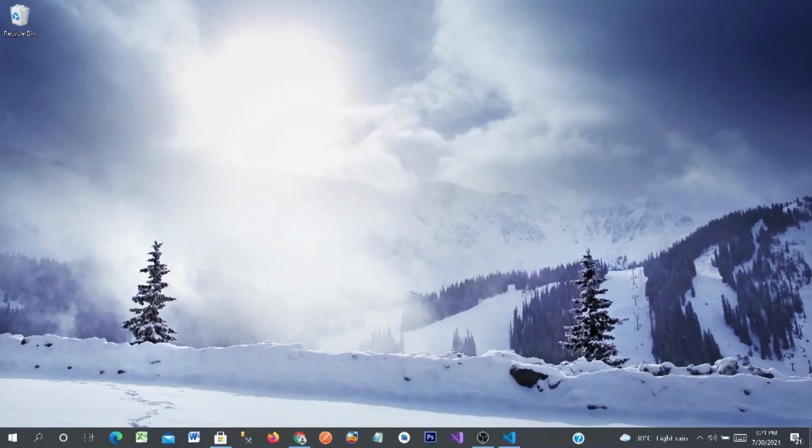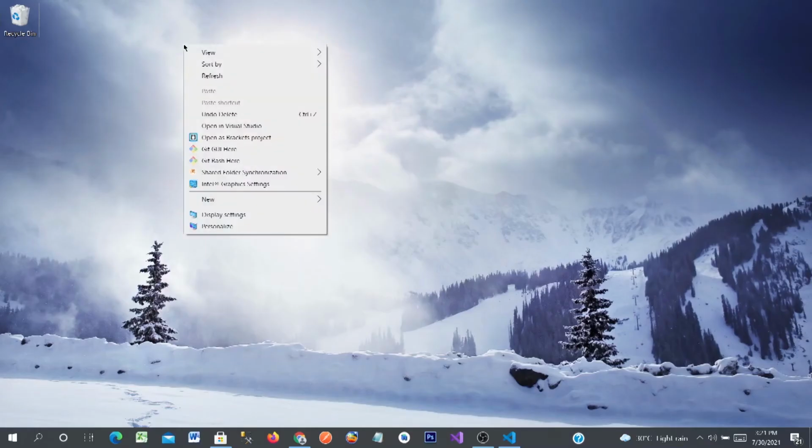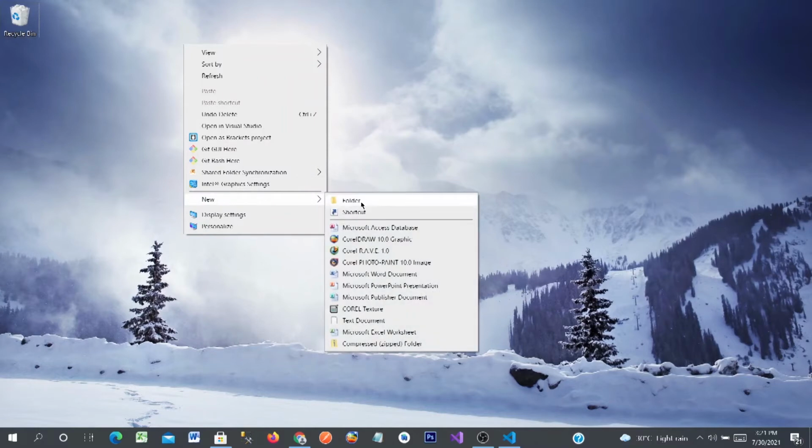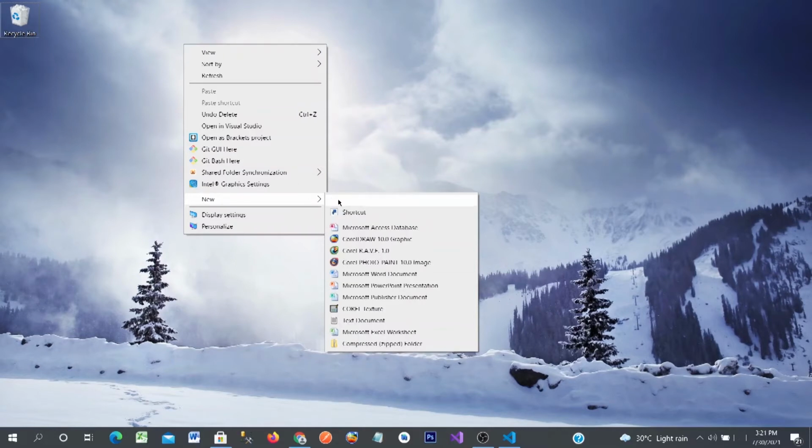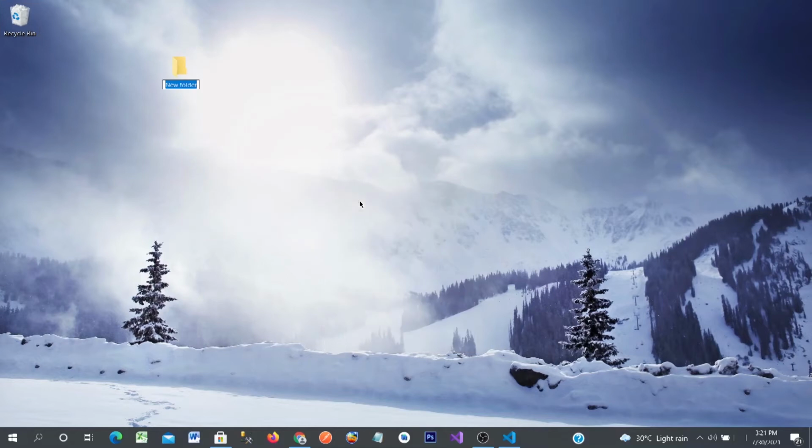let us first create a folder where we are going to be saving all our HTML documents. So I'll click on the new folder to create my folder on the desktop. So I will name this folder HTML tutorial. Okay, so